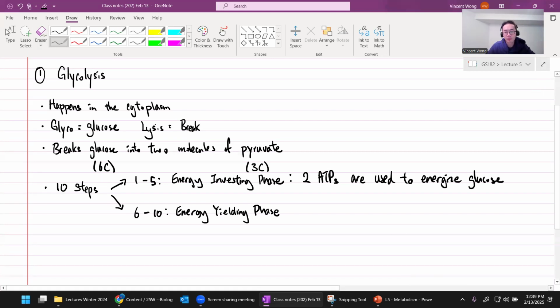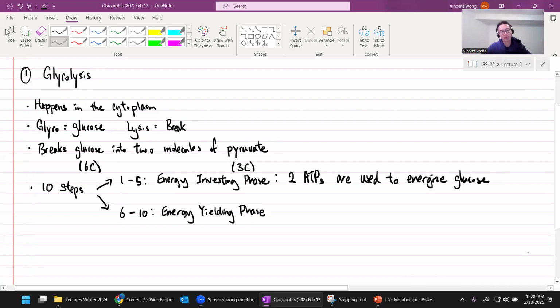Now, you might have heard of the phrase, it takes money to make money. If you invest money, then you get some money in return, hopefully, right? And that's what's happening here. By investing two ATPs, you want to be able to get energy from it, get some return from it. And that's what the energy yielding phase is. The second half of glycolysis is where you're going to be reaping the reward of what you have invested. You've invested two ATPs, and in the energy yielding phase, you actually will get 4 ATPs produced